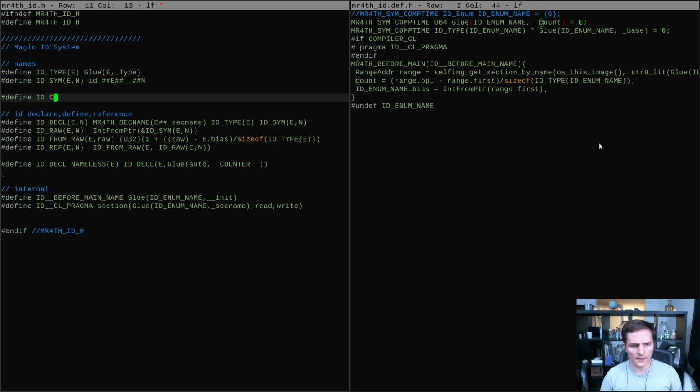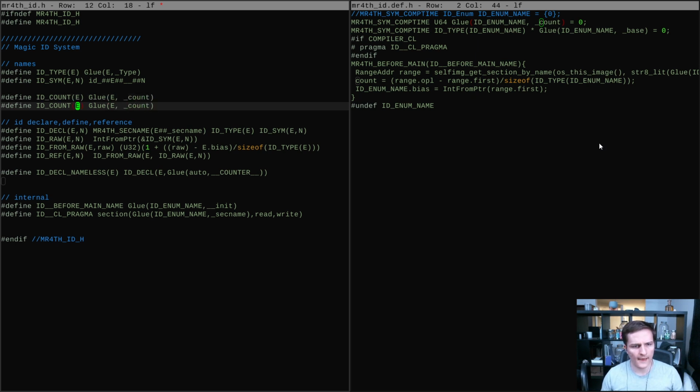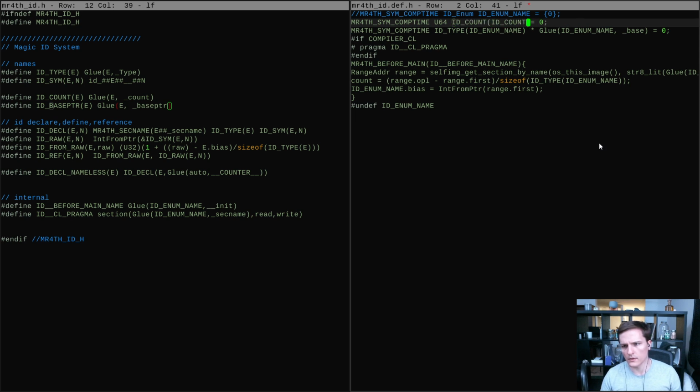Define ID count. That's glue ID enum name, that's glue e underscore count, and ID base footer, and then these are called like this now, ID enum name, ID base footer,